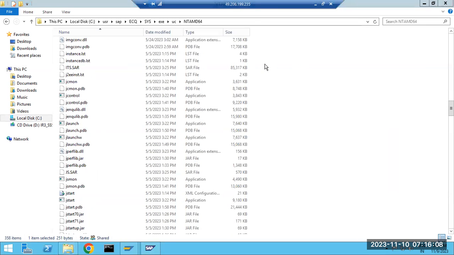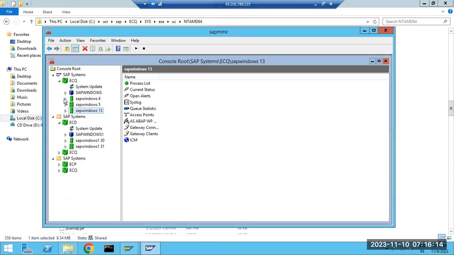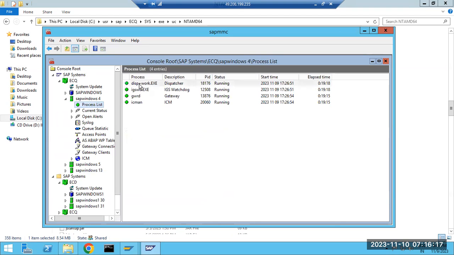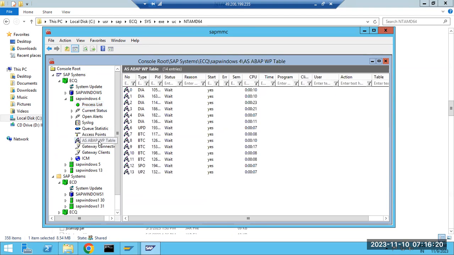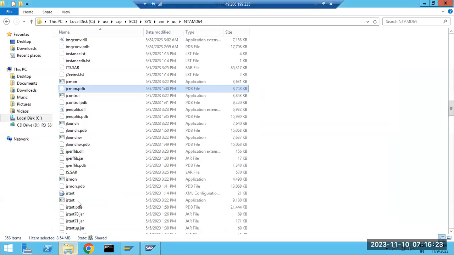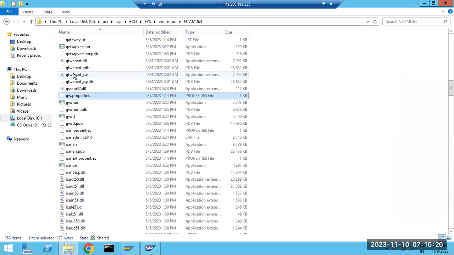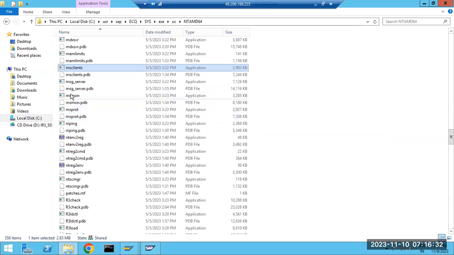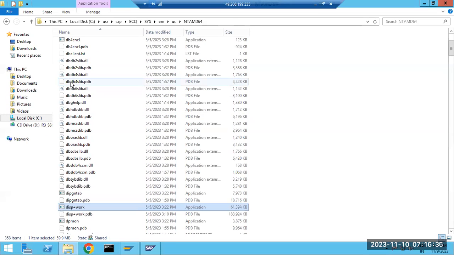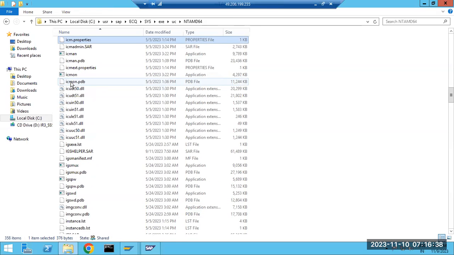Same as like here, whenever any files go missing. Suppose your SAP is working here: the dispatcher, gateway, ICM, all these are working because they are in running status, because the related files exist. GWRD gateway, right? The message server, right? And the dispatcher work process, and ICMAN. Because of the OS level, the related binaries, the related kernel files, the related executable files exist here.